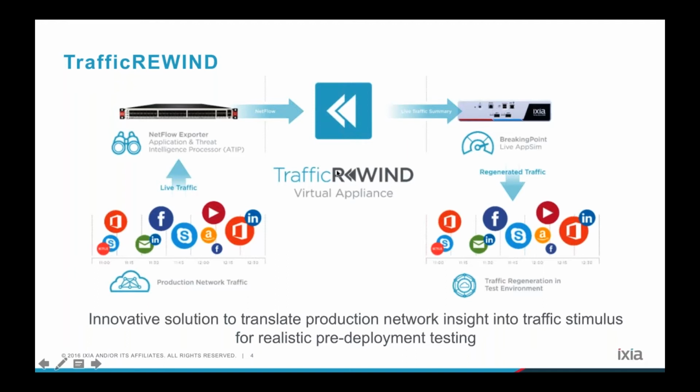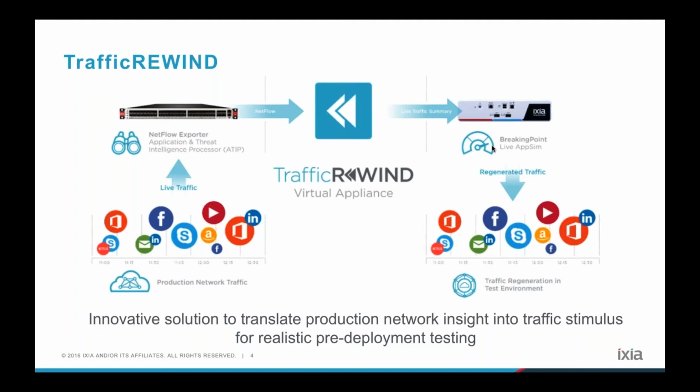Now, once we have the NetFlow summarized by the TrafficREWIND virtual appliance, we can then take a test configuration file and upload it into Ixia's BreakingPoint test solution. Another point that I would like to summarize, since we are also touching on BreakingPoint, is that aside from running these TrafficREWIND exported configs, Ixia's BreakingPoint test solution has also a wider array of functionalities,